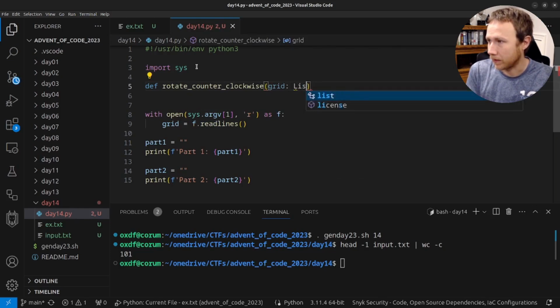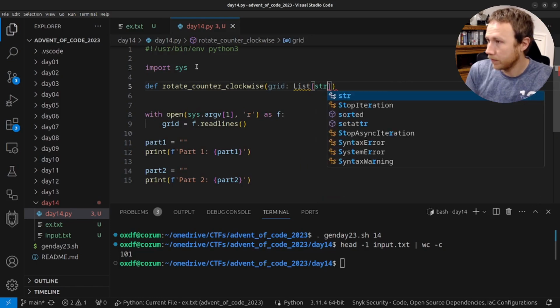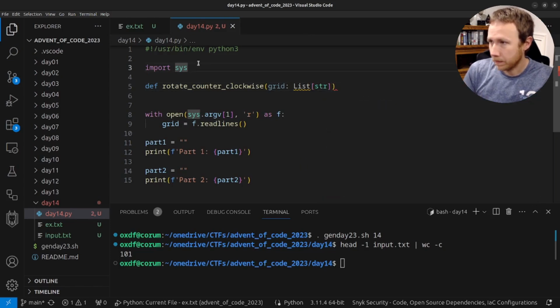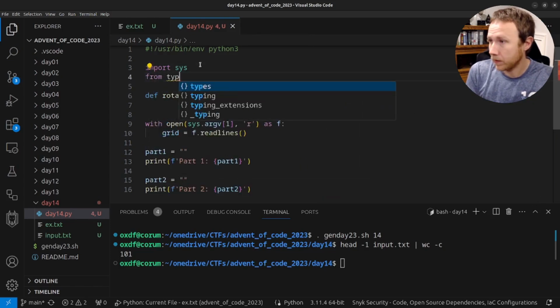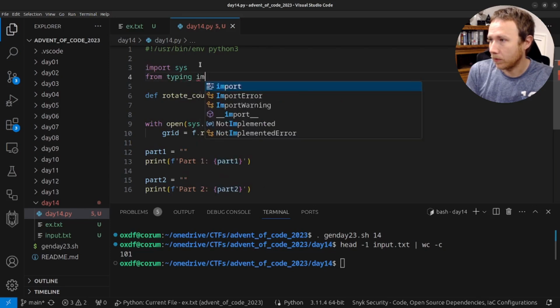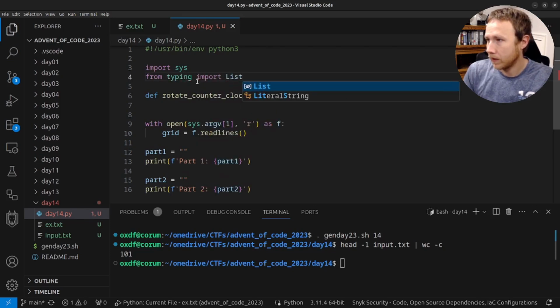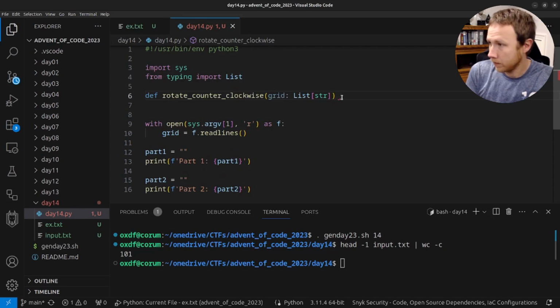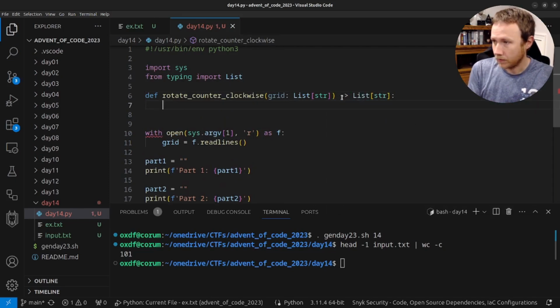I've really gotten out of the habit of type hinting. I wonder if I should get back into that. List of string, from typing import list, and we are going to return a list of strings. And so what we're going to do is we're going to take the grid, and how do we want to do that? Well,